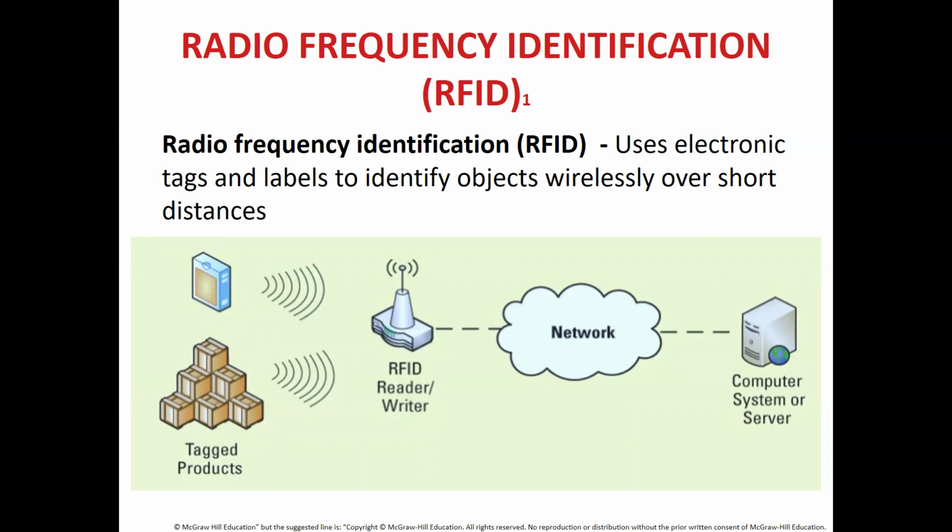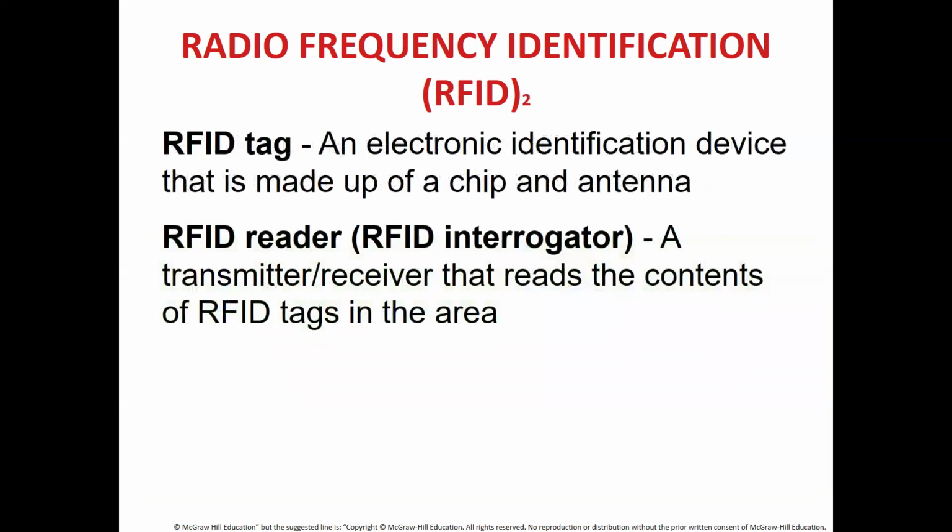RFID, a simple way in which you can remember: it uses tags and labels to identify an object. Now, an RFID tag is an electronic identification device that is made up of a chip and an antenna. So that white device that you generally see has a chip inside it. The reader, the second part, or RFID interrogator, is a transmitter or receiver that reads the contents of RFID tags